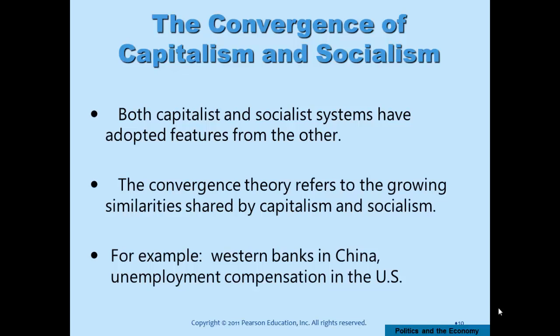And so there are more and more similarities shared by capitalism and socialism, and there certainly are some examples, again, in the United States alone and in many societies of Europe, for instance, with unemployment compensation and retirement monies set aside by government to assure that individuals have money in their older age, universal health care systems, the Affordable Care Act, the system that is being implemented in the United States in the present day